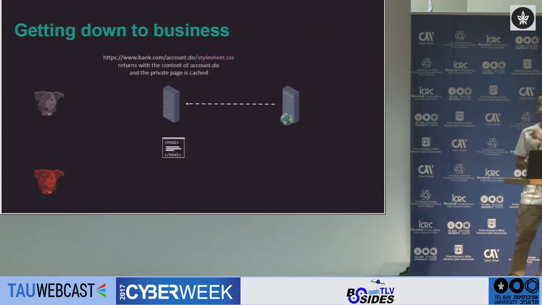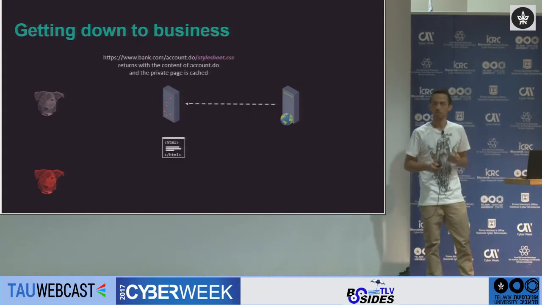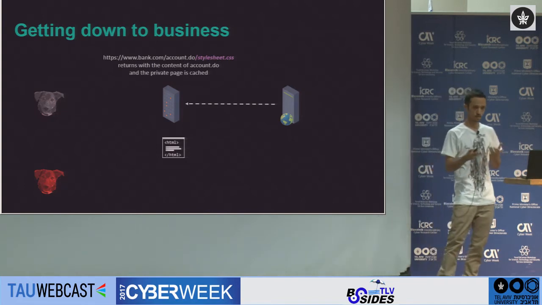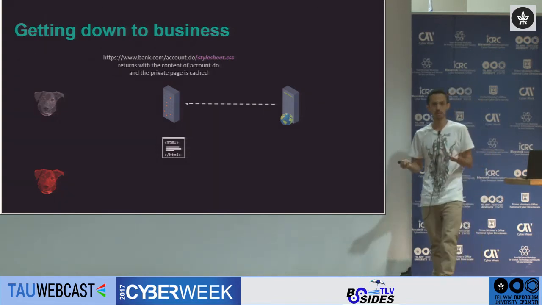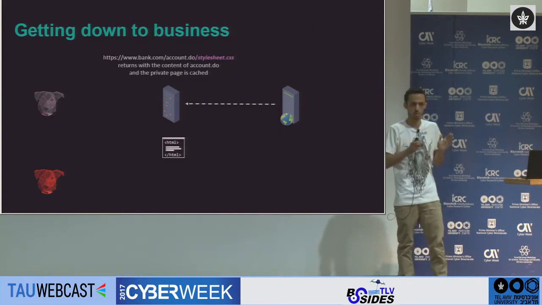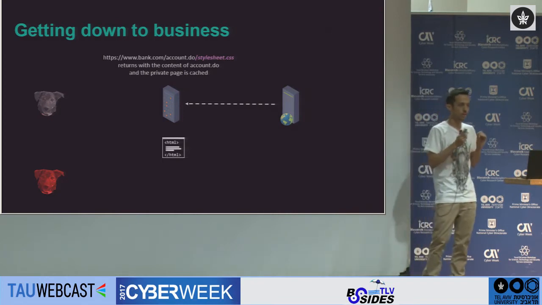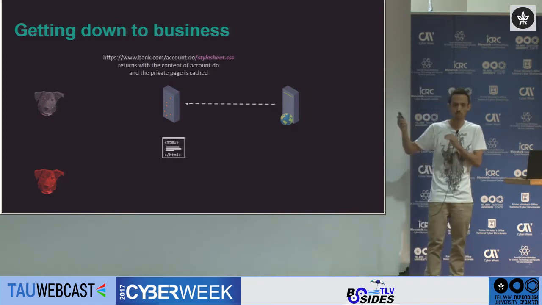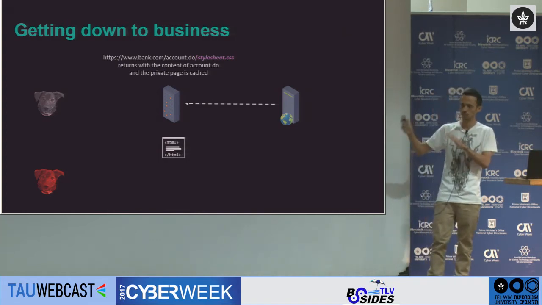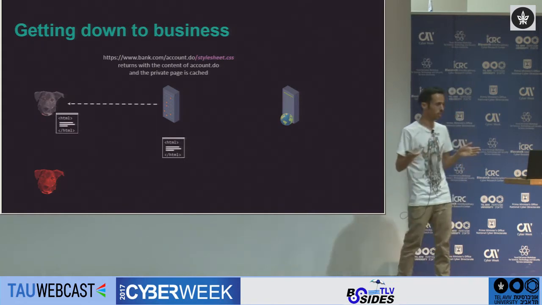because now the caching mechanism has to decide whether to cache this file or not. So it looks at the end of the URL, it sees a static extension, and as I said, it's configured to cache all static files, okay? So since it's a CSS file, while it's not really a CSS file, the caching mechanism just caches this file with Java's private and sensitive content of a bank account. So now this page is cached and is sent to Java's browser, but that's not interesting at all.